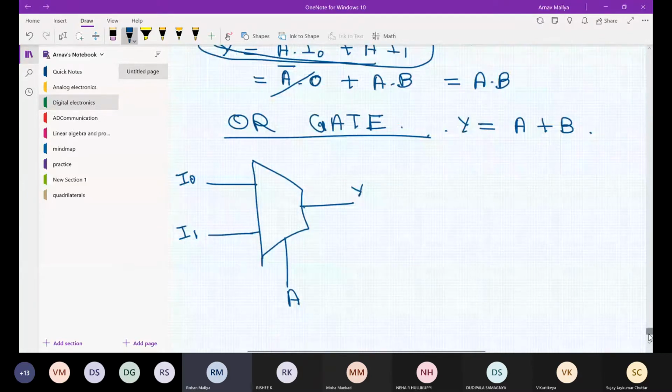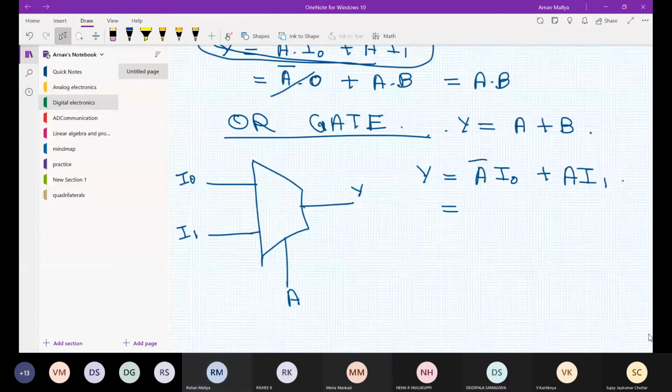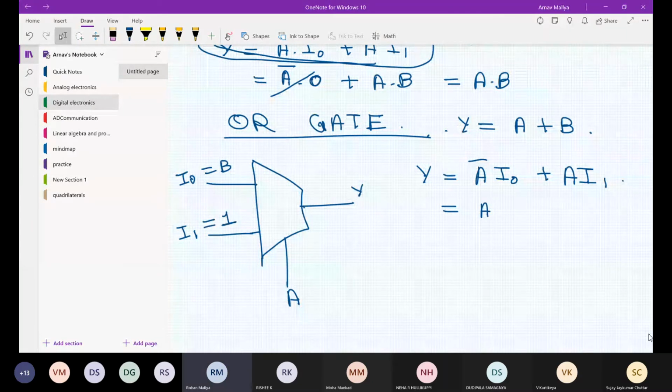So A bar into I0 plus A into I1. Now I'm going to choose the value of I0 as B, and I1 I'm going to take as 1. Let us see what will happen. A bar into B plus A into 1. So this I can just write as A plus A bar into B.